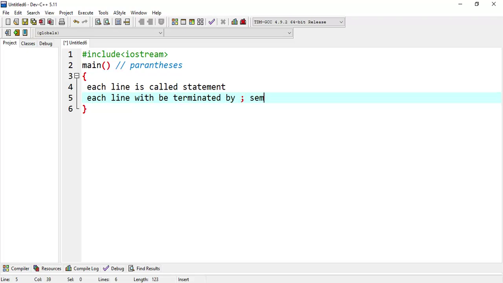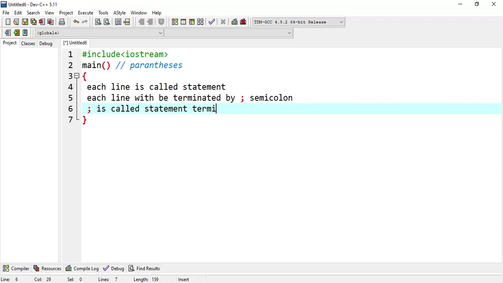This is called a semicolon. So this semicolon is called the statement terminator.